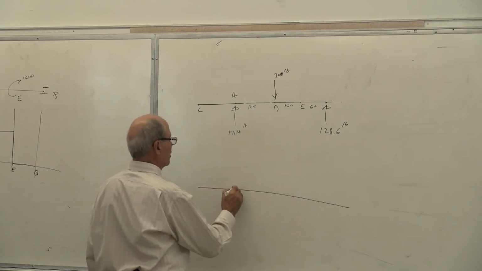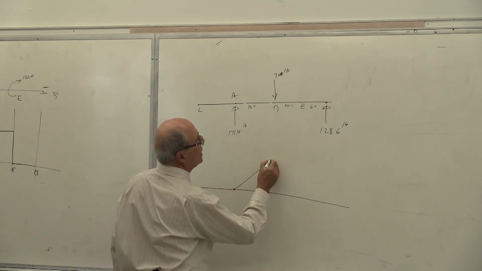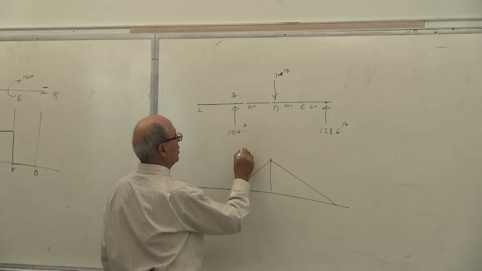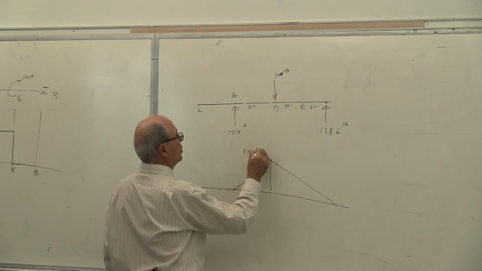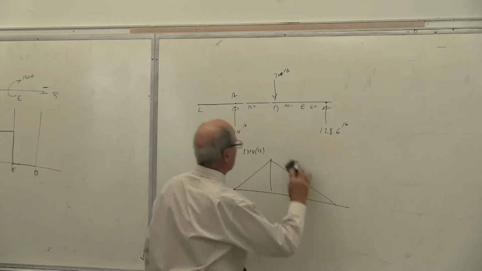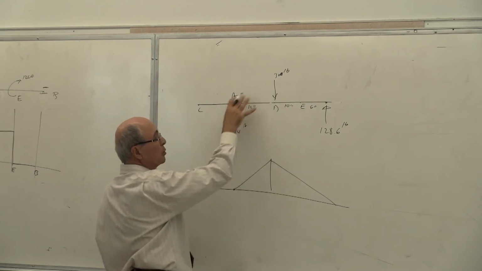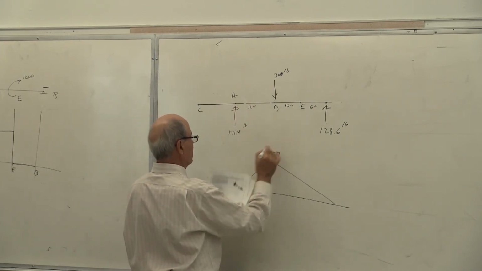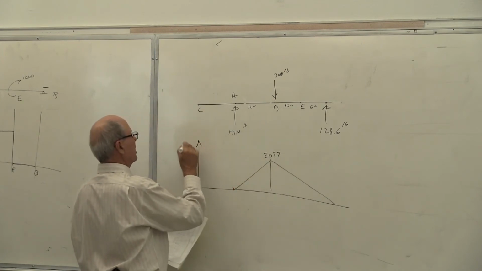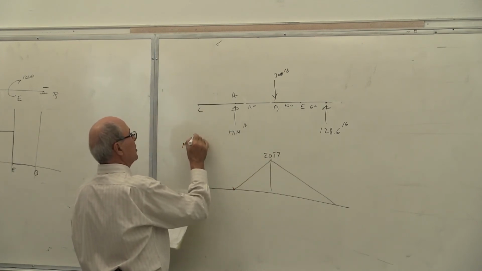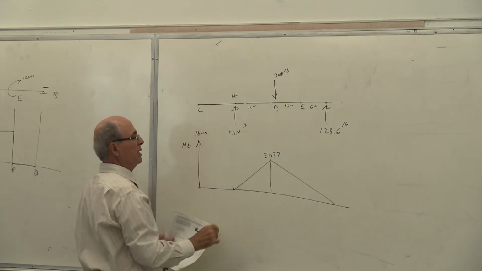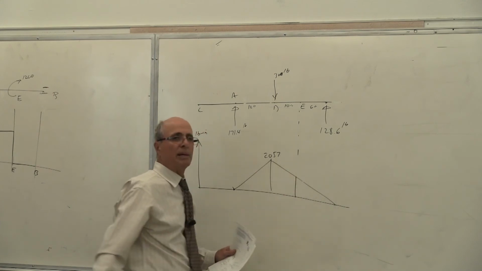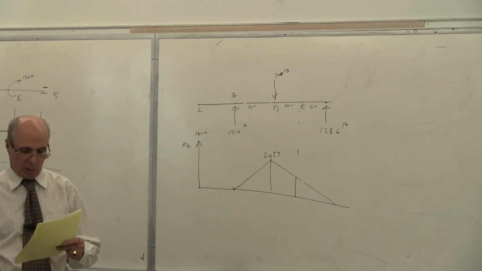So therefore, start your moment diagram. Here goes up, and it goes to 0 very straight. But this is equal to 171.4 times 12. Of course, you can calculate that. I just put it there for you to see, which becomes equal to that area anyway. And that becomes 2057. Again, you put it here. This is your MZ. This is in pound inch of moment, and that is it, and here is 0. Now, if you need, you can calculate the moment at E, because you probably need that.